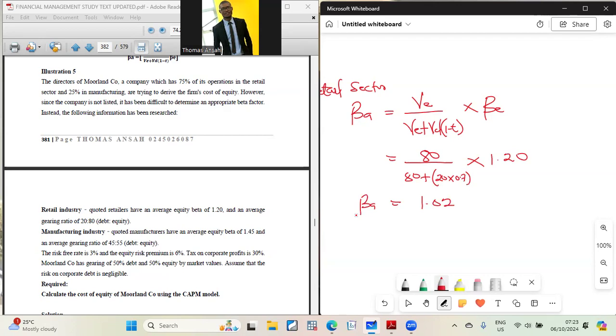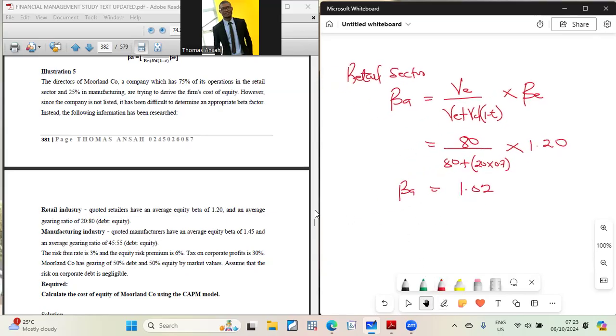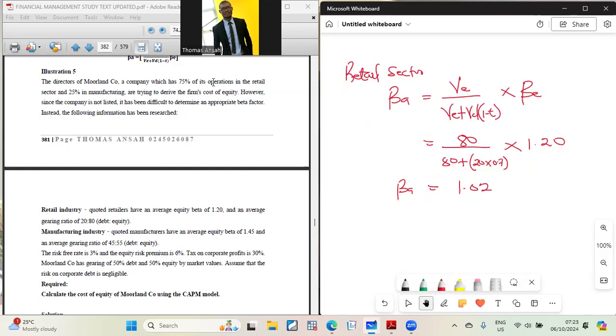Then you do same for the manufacturing. All right, you do same for the manufacturing. If you do for the manufacturing, because this guy that we are working for has 75% of his operation in the retail, and 25. So we will calculate the portions of that. Okay, so that is that. So the manufacturing